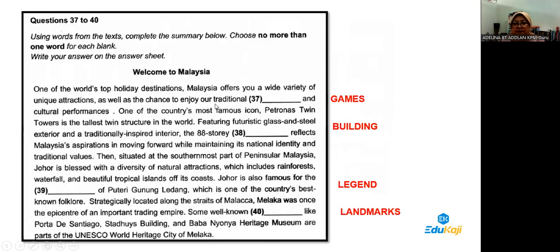And the last 4, this is the part where students actually do make mistakes, whereby they like to write more than one word. Please follow the instruction here. No more than one word for each blank. Okay. Alright, where do I get these answers? These answers can be gained